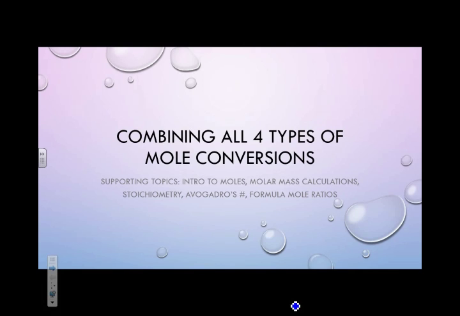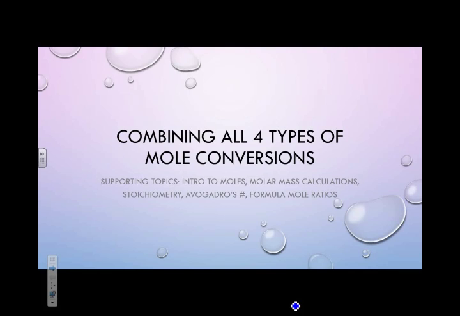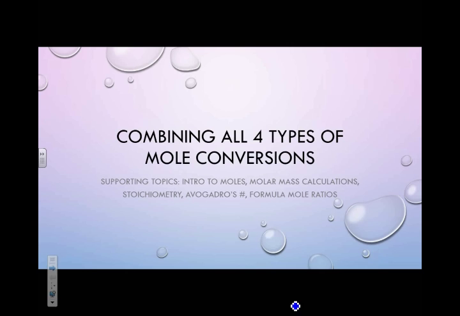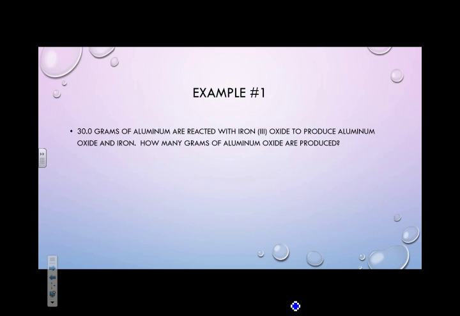So this video does 2 examples of the types of problems that build in different parts of these mole conversions that we've worked with. If you haven't watched the videos on those 4 individual topics, you'll want to start there first. In our first example, we have 30 grams of aluminum reacting with iron 3 oxide to produce aluminum oxide